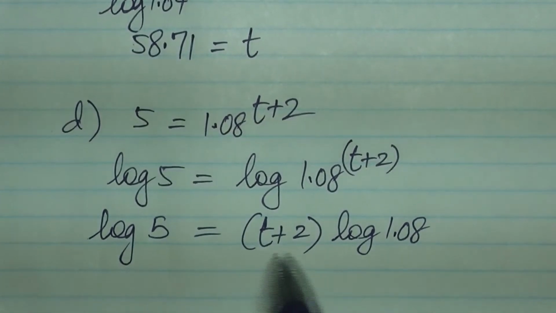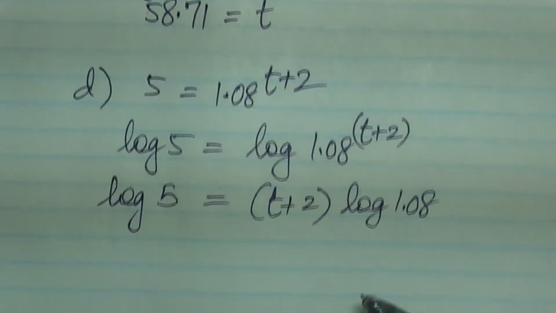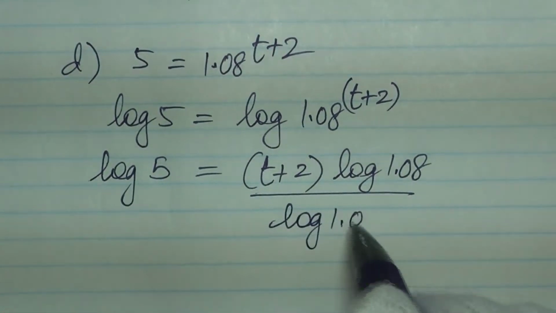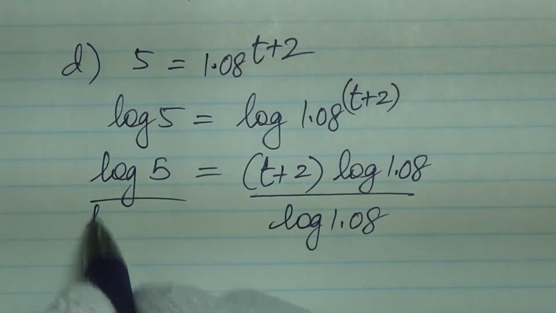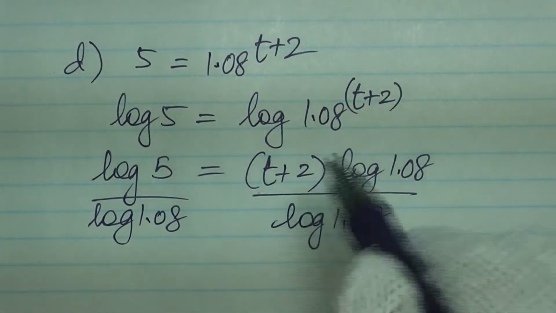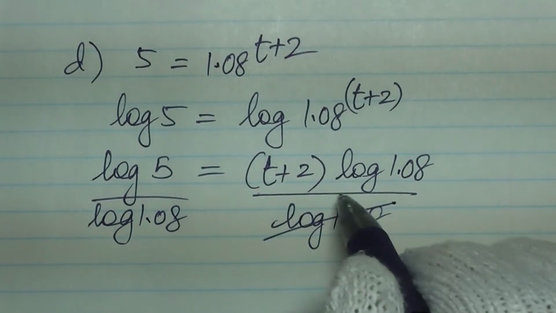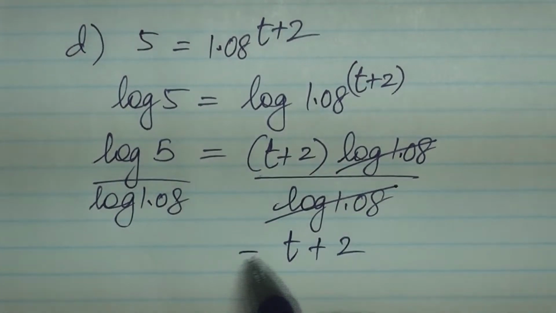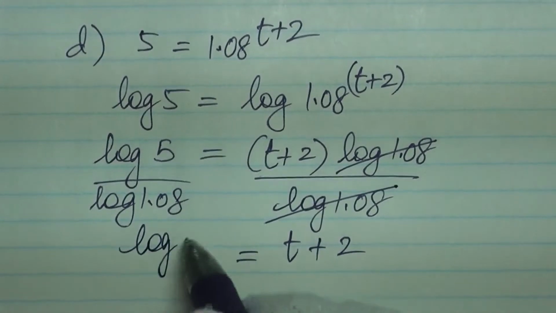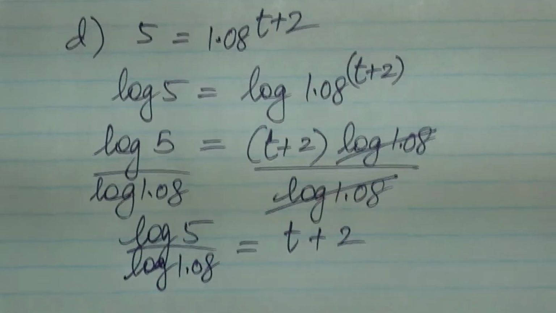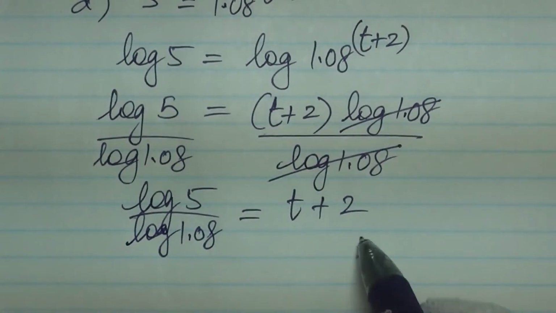I want to solve for this part, so I've got to divide the log 1.08 from both sides. So now, when these two cancel out, you're left with t plus 2, and so t